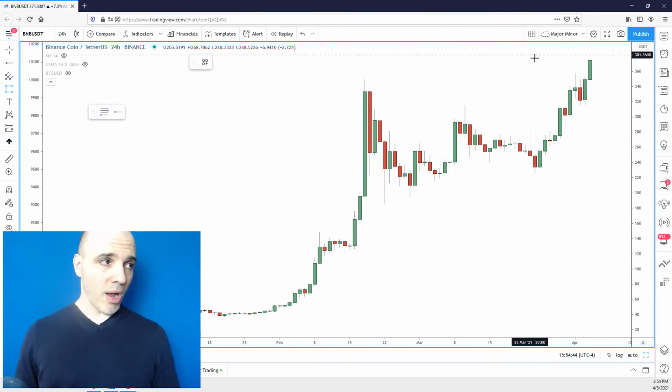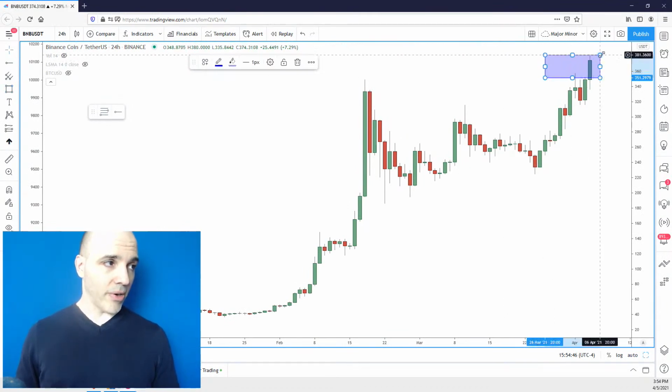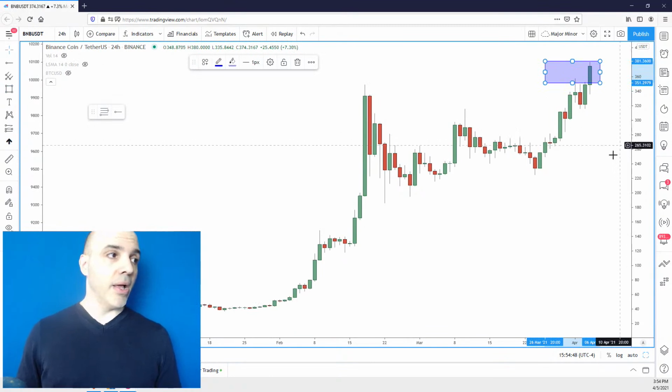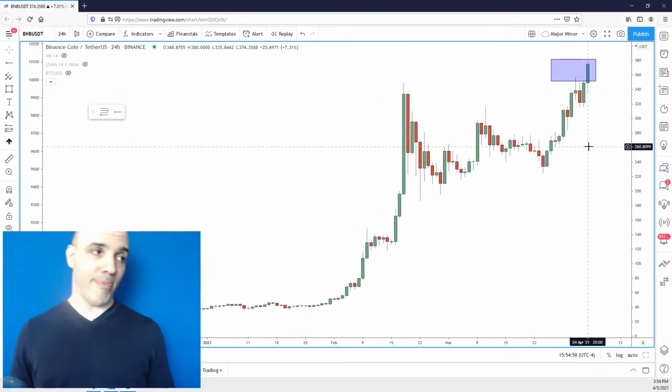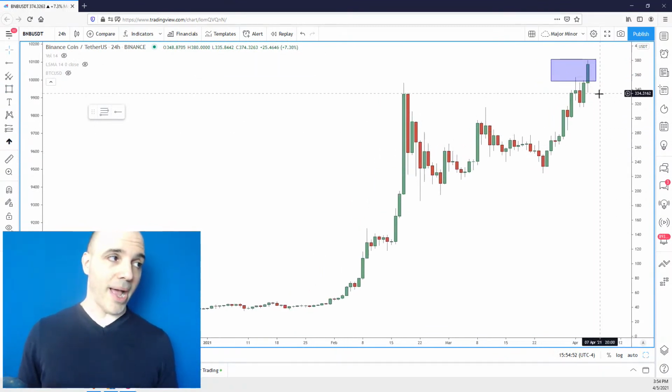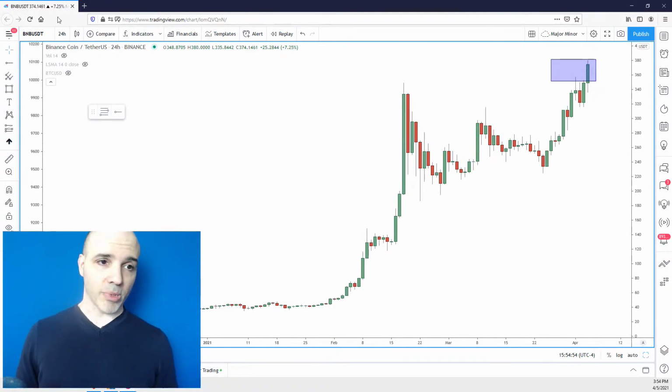This thing has been strong, and this is a nice breakout over here. Very nice if you're in it. If you're not in it, I would not buy this at all because I don't buy highs. I don't buy these types of breakouts. But if you're in it, this is a great opportunity to reduce your risk, lock in some profits, and capitalize on all those buyers that just found this thing now. That's what you do in these situations.